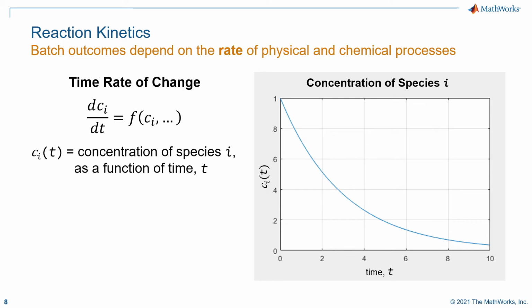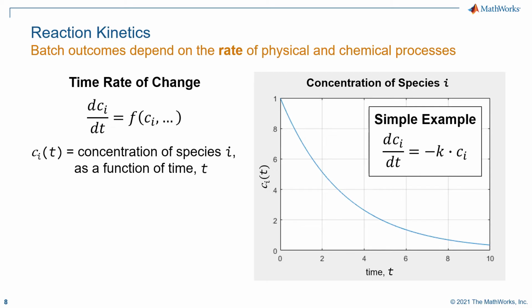These changes may be physical, such as a diffusion process, like the time it takes for water to get inside a coffee ground, or they may be chemical, such as fermentation, where there's a biological agent that is ingesting something in the mixture. The time rate of change of the concentration of a species is usually a function of the current concentration of that species, as well as possibly the concentration of other species or other process variables such as temperature, pressure, pH, and so on.